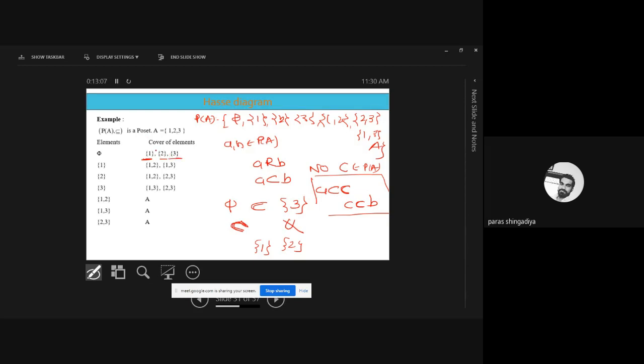Clear? After 3 there are also 4 entries we have. So after 3, which data is that? 1 2. Which pair is given? 1 2. Let's check whether it is a cover element or not. So 5 is a subset of 1 2, that is true. The first condition is correct here. Now for the second condition.